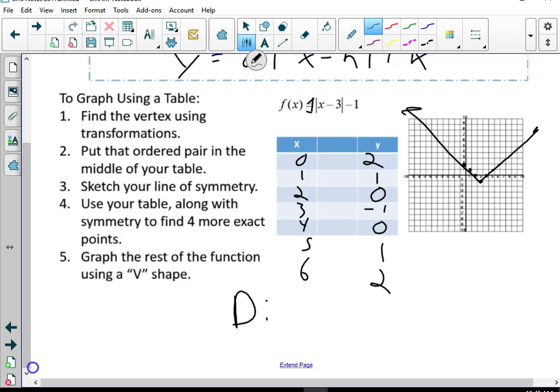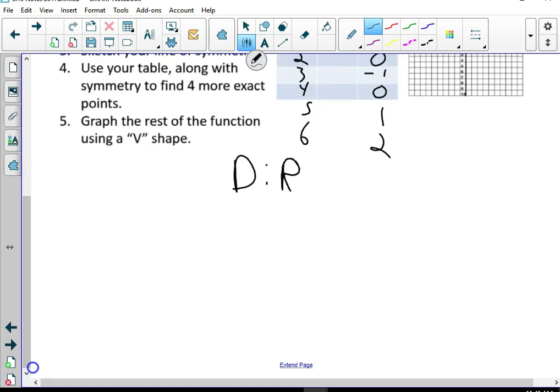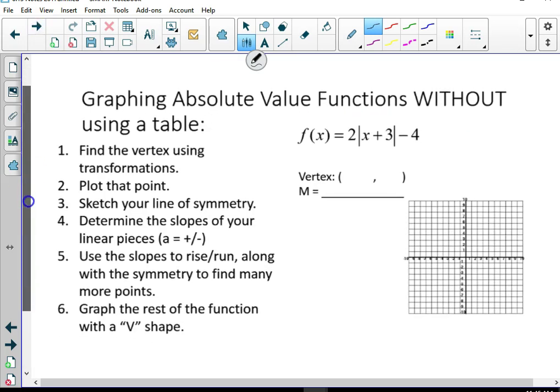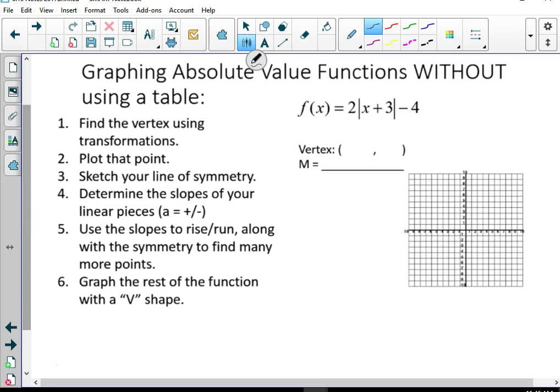What's my domain on this one? All real numbers, right? But what's my range? How low does it go? -1. And it's going up, so it's greater than or equal to -1. Now, without using the table, what is my vertex? -3, -4, yes. -3, -4. So we're going to put that